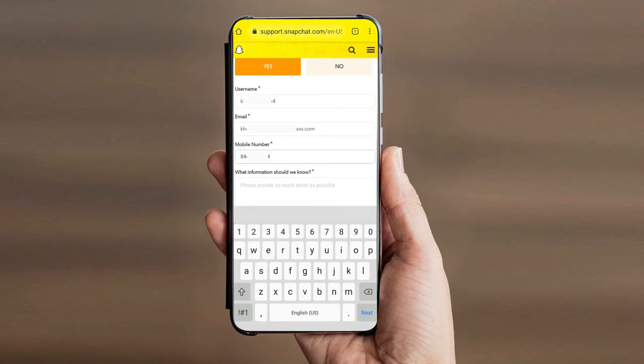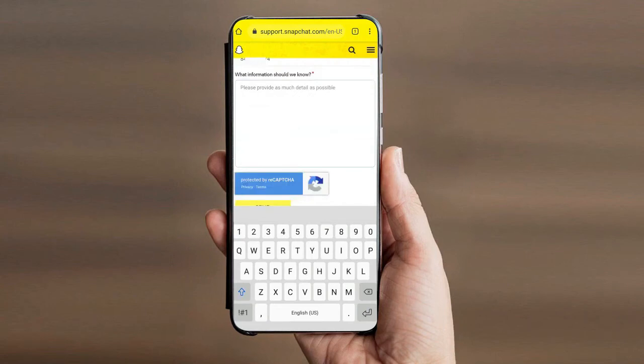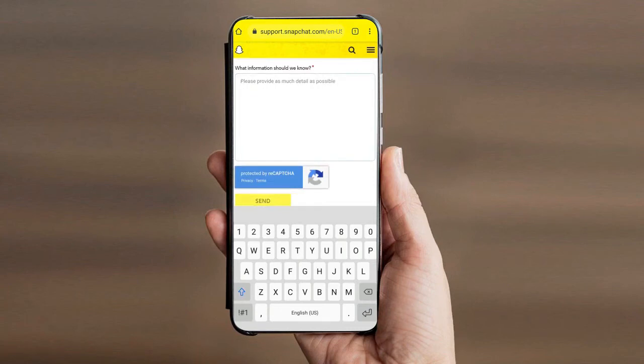and after that you have to enter the information that you want to provide to Snapchat. All right, so here you have to enter the issue that you are facing. So I will simply enter that I am not able to log in to my Snapchat account as I have forgot my password.